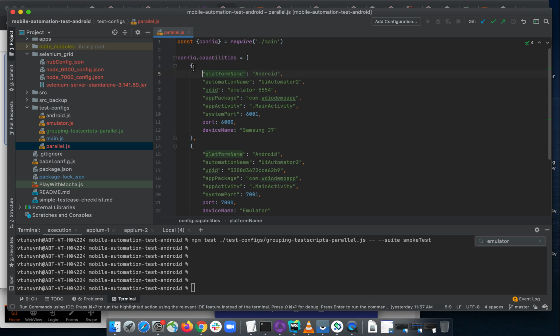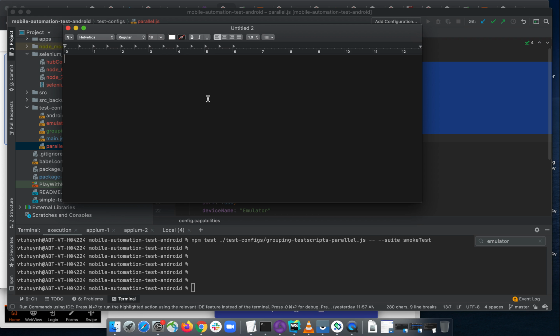And the Selenium Grid will, based on the capability that I sent over to it, select a node to route our testing to a correct node, right? So when I send some capability, I send it to Selenium Grid. That means I will send it to the hub, and the hub will select for me a node